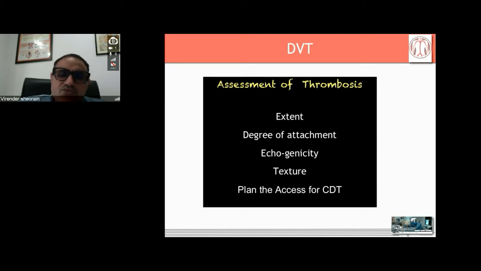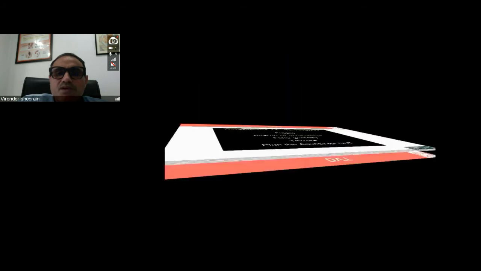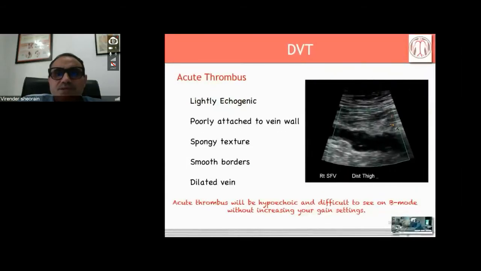Those who do this percutaneous intervention do Doppler by themselves, and at the same time they can plan how the popliteal vein is, how the posterior tibial or anterior tibial vein is, where they need to access it, where they need to place the sheath. So that is also very important. Or you can just mention the popliteal vein is distended and it's so deep from the skin. That will again be a very helpful mention.